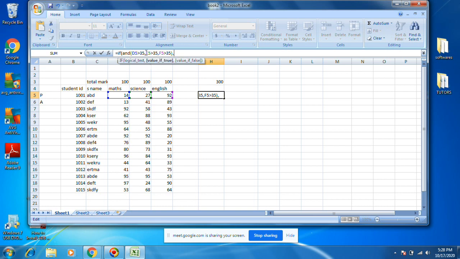If all are passed, then we need to do the sum of these; I'm just putting SUM. If all subjects are passed, then we calculate the sum. Else, if any one is less than 35, then just put 0. We don't want to calculate those marks.